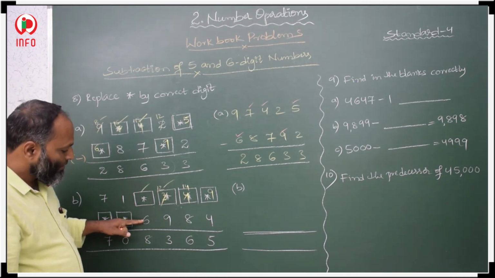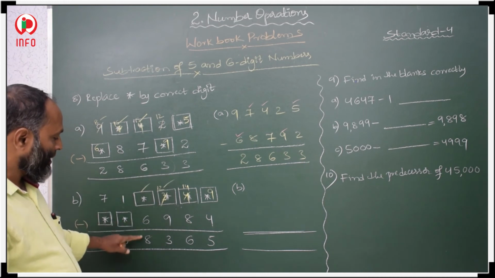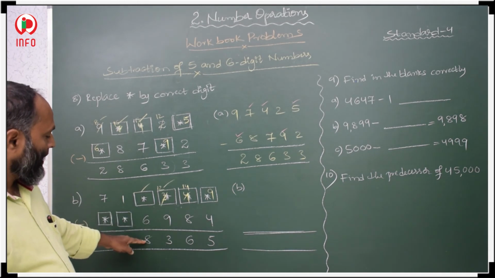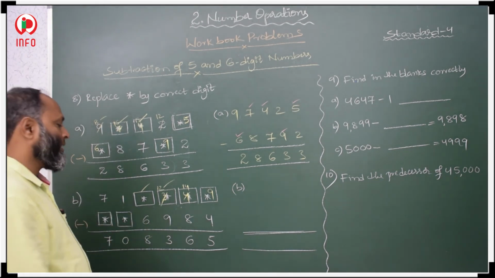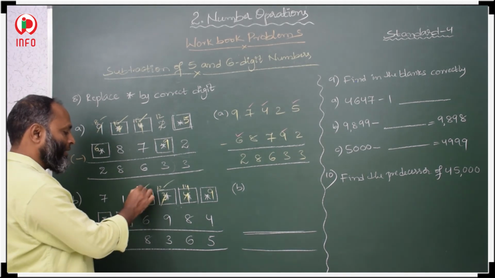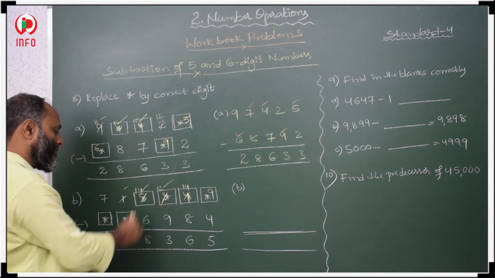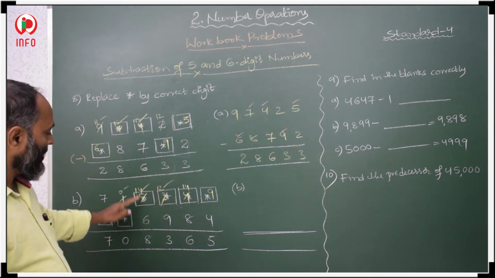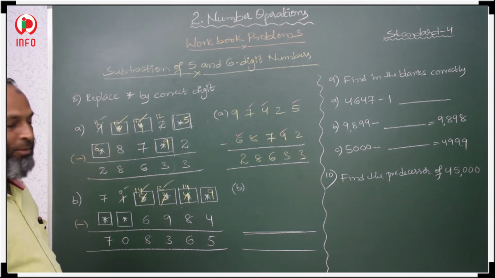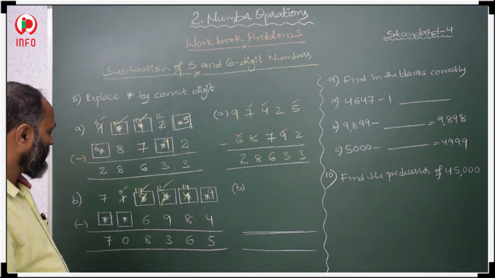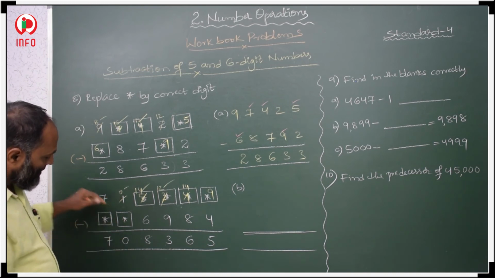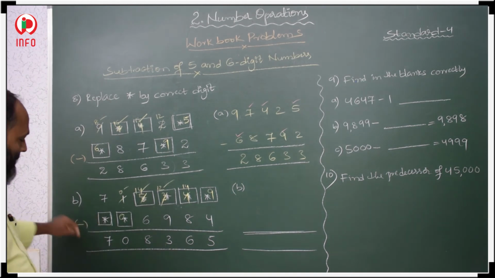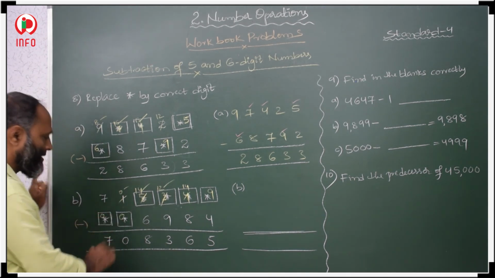Again here, 6 minus 8. Add 6 plus 8, then you will get the minuend. 8 plus 6, 14. 14 means 15. Here we make 5. After taking borrow, here 4. We will get 14 from here. Here we will get 0. 14 minus 6 is 8. Now here 0 and 0. 0 minus 0 is 0. Here 7. 7 minus 0 is 7.